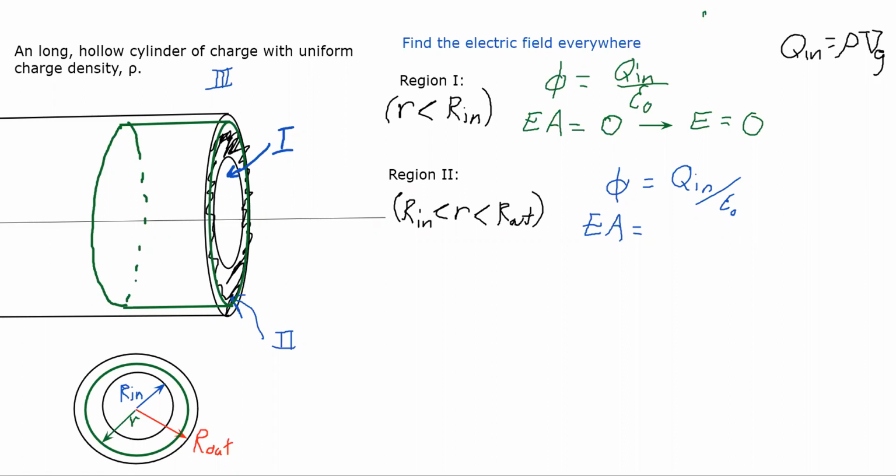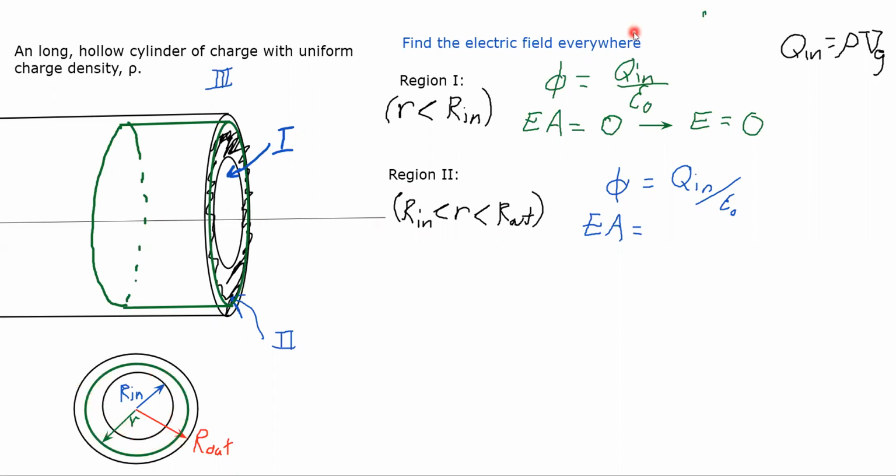Okay, so I'm within my cylinder, and I want the charge just inside my Gaussian surface. So how do I find that? Well, this is a typical geometry problem. Well, not typical, but it's a little bit harder. If I want to find this volume here, not the volume of the whole cylinder, but just this volume here,